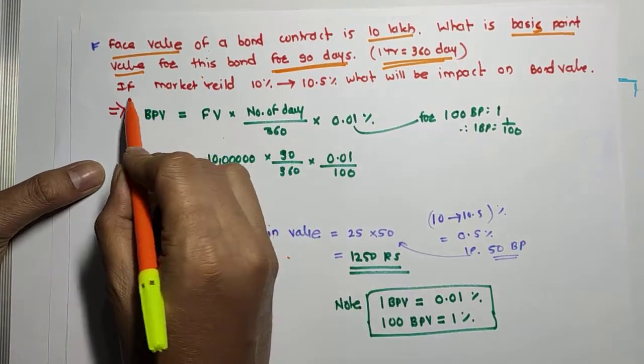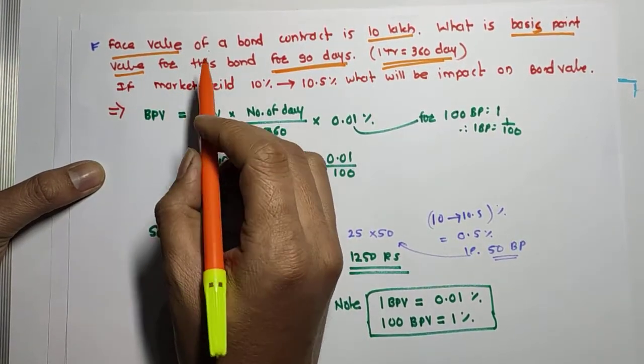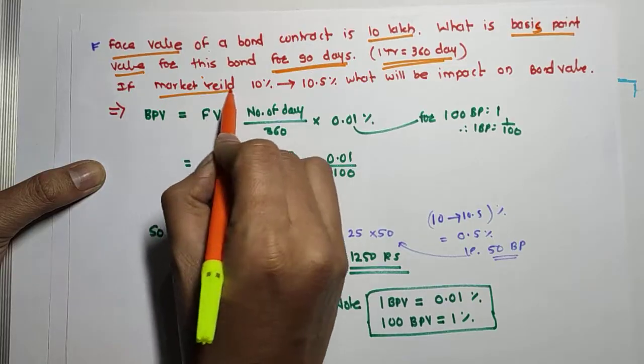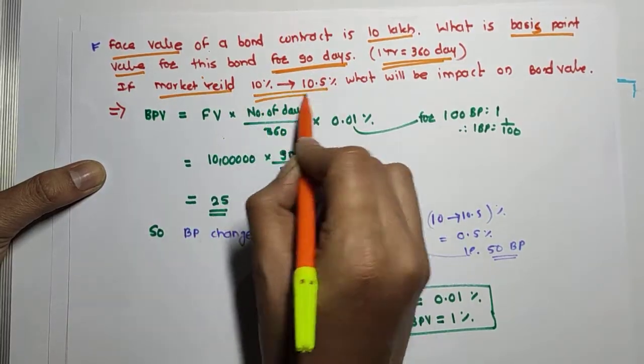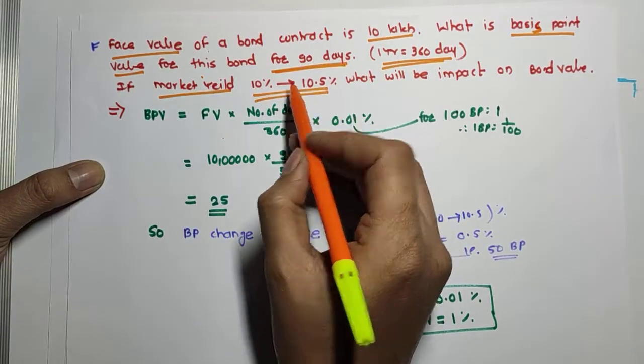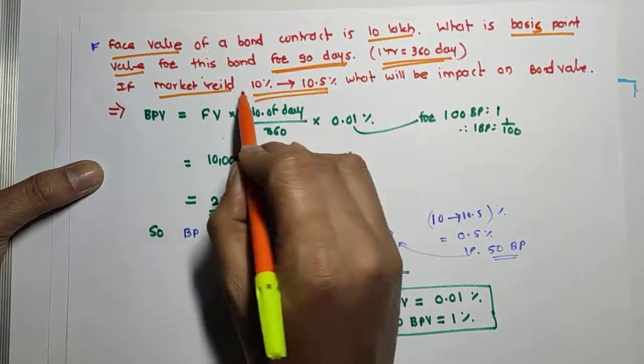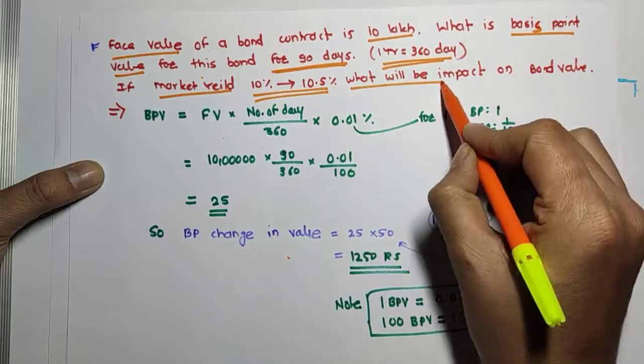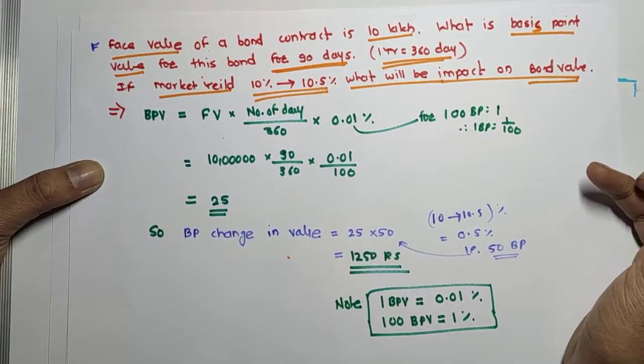They are also saying if a market yield is increased from 10% to 10.5%, so the thing must come into your mind that yield is increasing, that means price will go down. What will be the impact on the bond value? Simple. See friends,